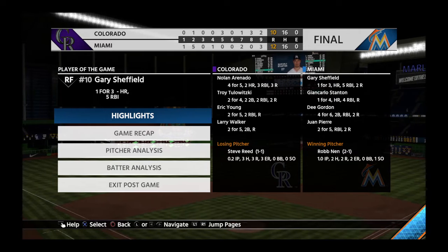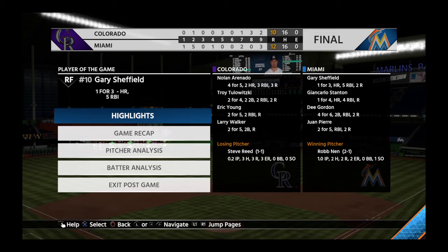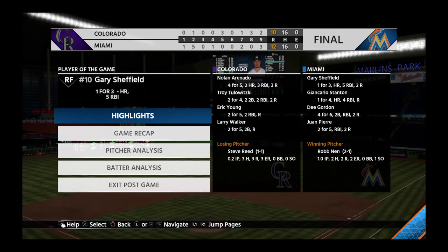Time of the ball game, 4 hours and 29 minutes. A reminder that Marlins shuttle buses are available outside Marlins Park with service to the Culver